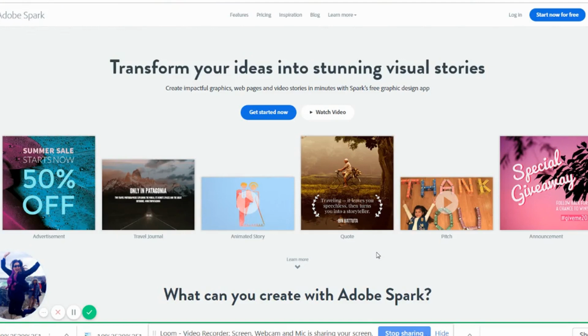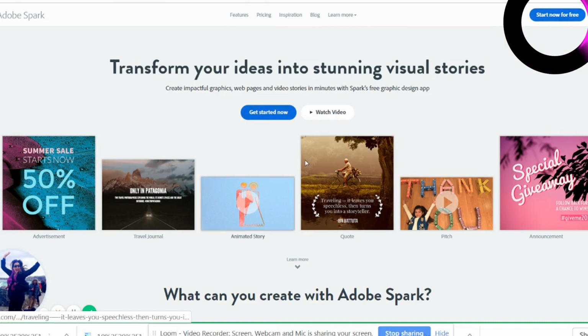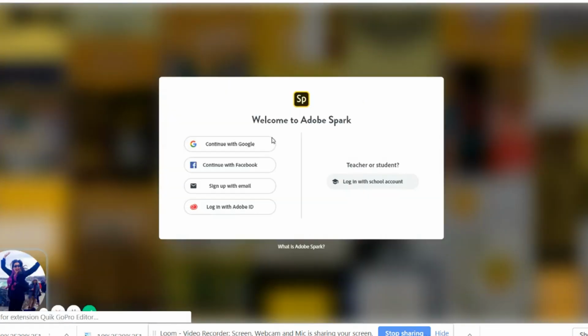To introduce you to Adobe Spark and how to sign into Adobe Spark online. And you can also choose to use the app on your phone. My students love the Adobe Spark app. So online, Adobe Spark or spark.adobe.com, you would click on Start Now for free. You also have some nice things here on the homepage that can help you see what Adobe Spark is all about. So click on Start Now for free in the upper right corner,